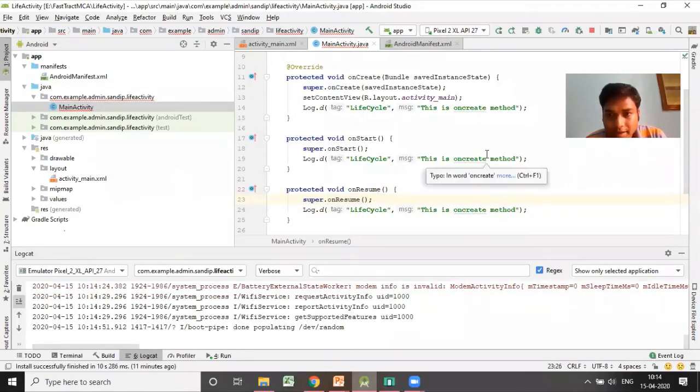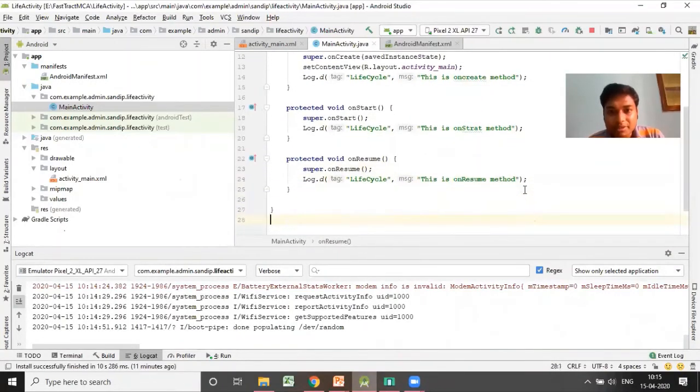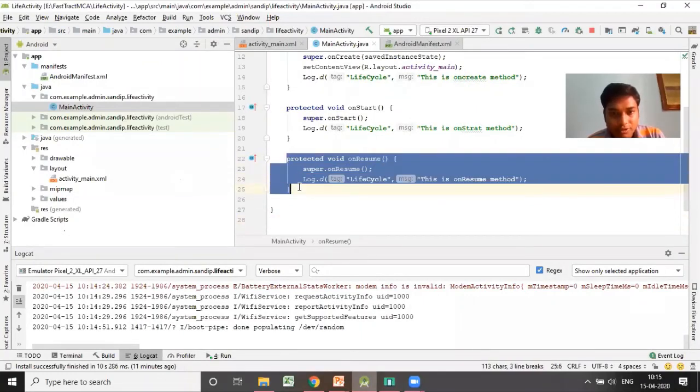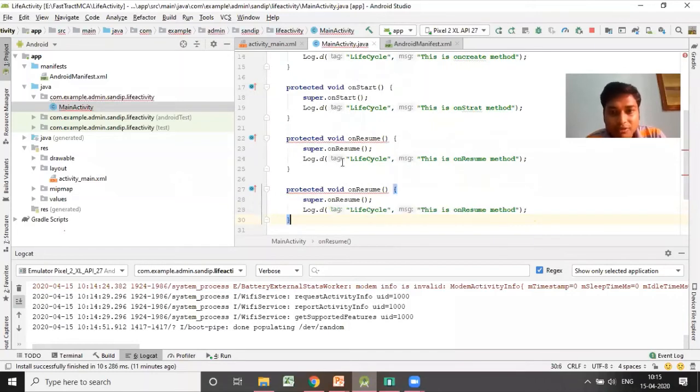Clear? Okay, and I'm changing here on start. This is on start. It will be better to understand, otherwise you cannot differentiate. This is the on resume. These 3 methods, and all the other methods I need to declare or define, otherwise you cannot trace all.